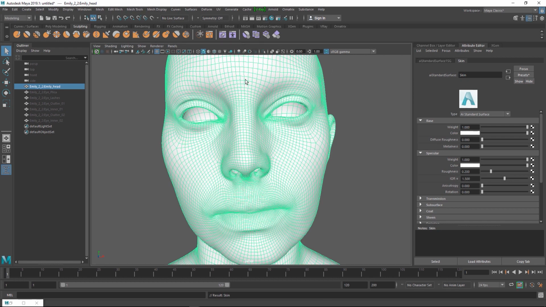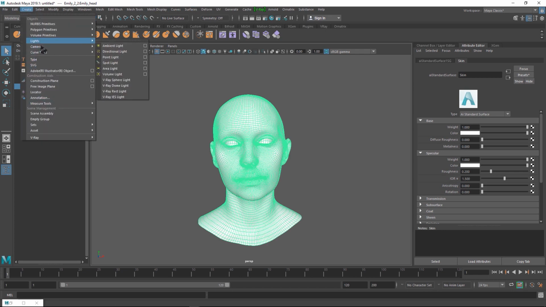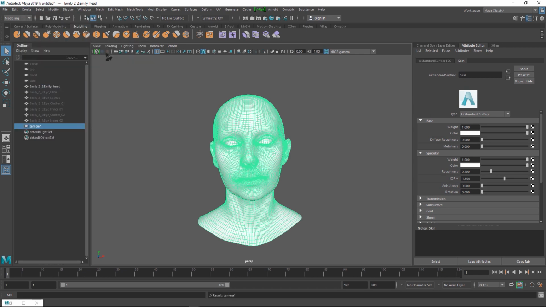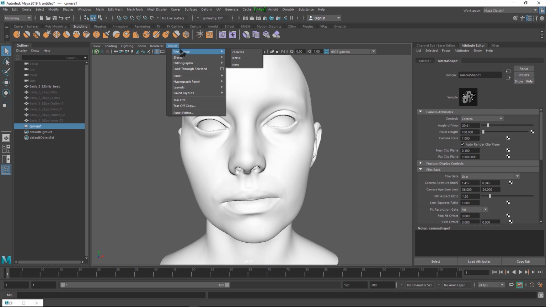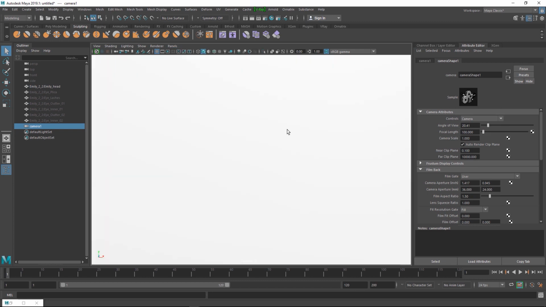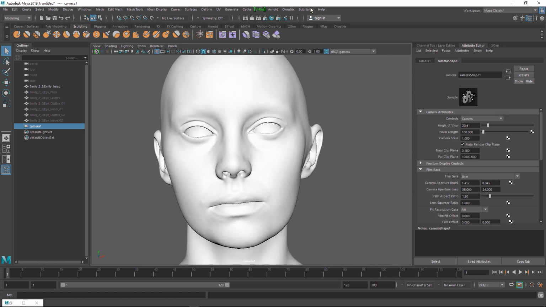and now we need to bring a light to see everything better. Let's go and create a camera first. And we need a focal length of 100. This is very nice for a character. There we have it. And now we need to go to our shader,